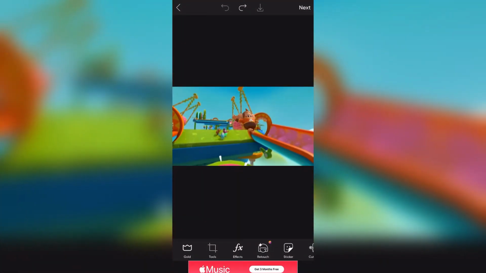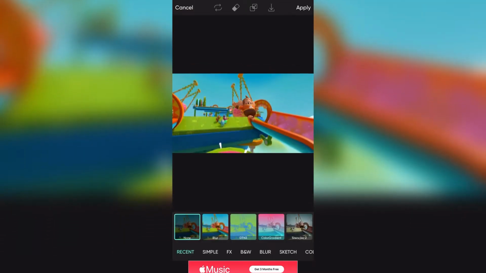After selecting the pic, what I have done is blurred it. How can you blur it? On the effects, there is an option called blur. You can choose it from the second option. There are different options, and it's your choice. I will be choosing blur, because blur is good. I want the background image to get blurred.